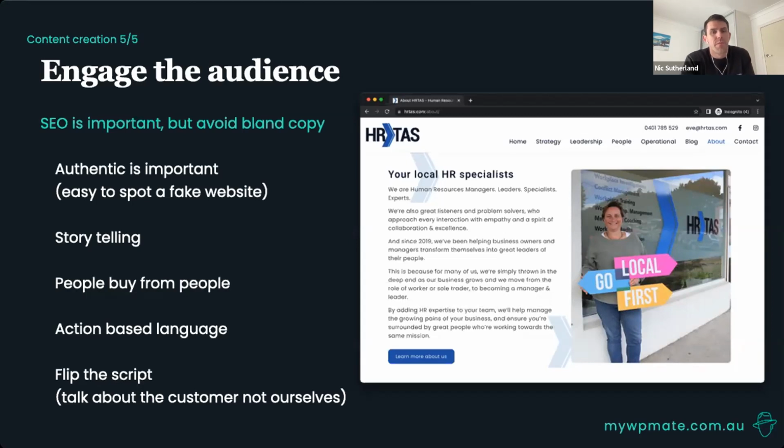So when copywriting, it is important to start with SEO in mind, but we don't want to be too bland. Great copywriting and storytelling has an amazing power when it comes to pulling customers into our website and making that conversion. And a couple of factors in this are people. People will really buy into your story and actions.